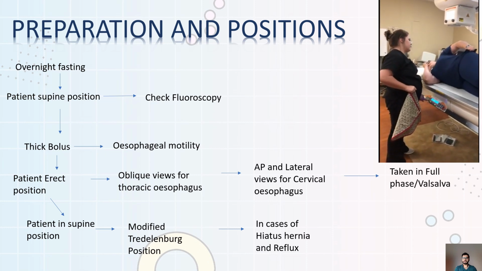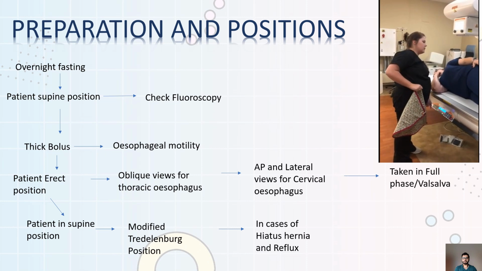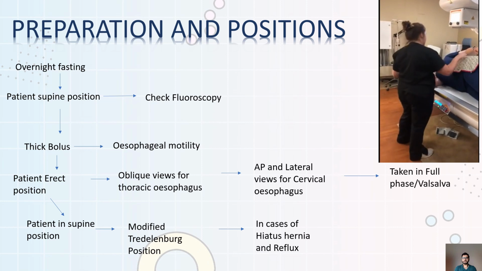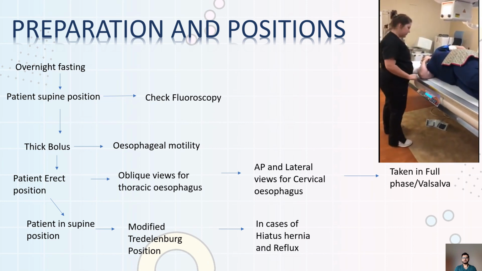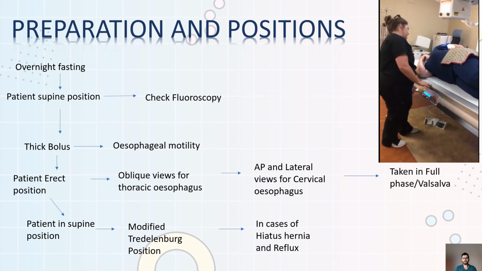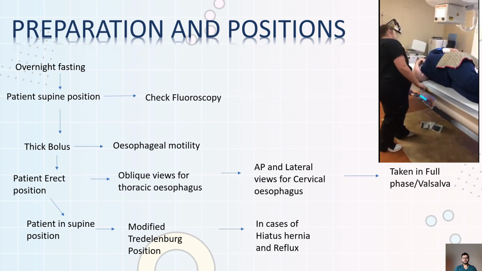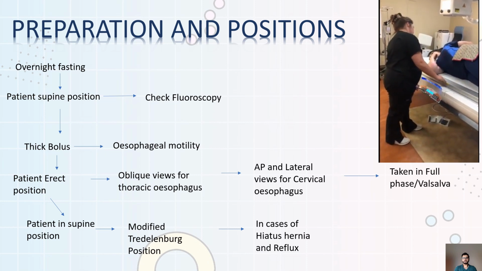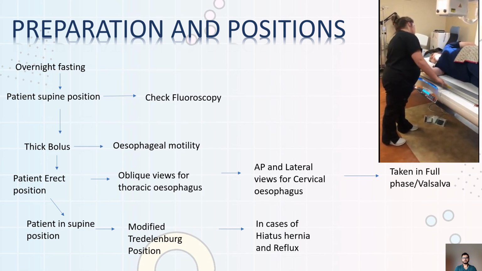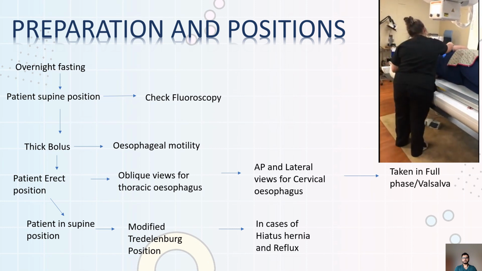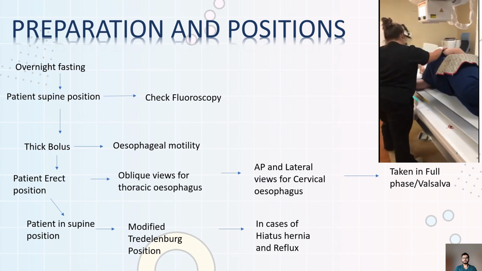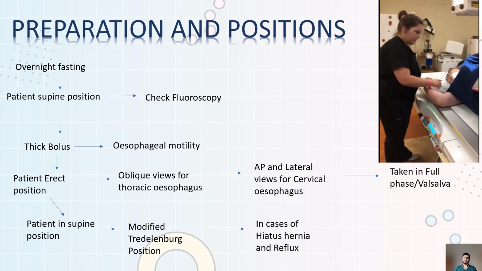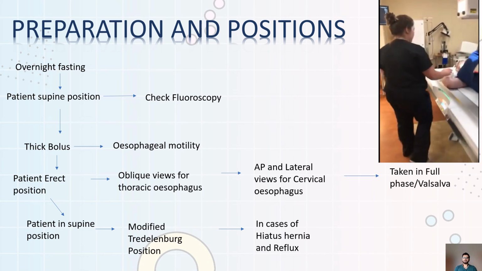Then the patient is put in an oblique position, most commonly the right anterior oblique position, and a thick bolus is given to see the esophageal peristalsis and to look for any motility disorders. The patient is positioned at an angle of 35 to 40 degrees, and the